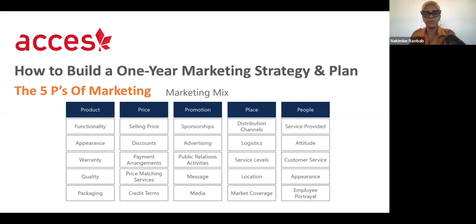What are all the different ways you can promote your business? You can do sponsorships and have your logo and name on the back of t-shirts for the Little League baseball team in your neighborhood, right? You can have flyers or do those things in the shopping mall, the cork boards, right? You can hire a public relations company to do stuff for you. You can do on location stuff where you invite people to try something, whatever.